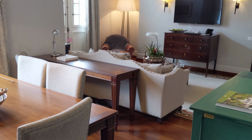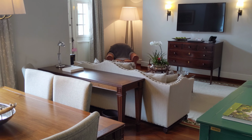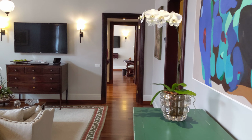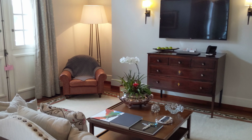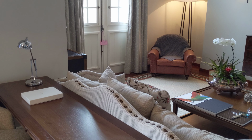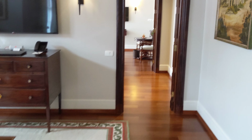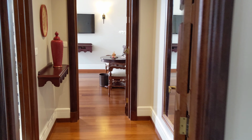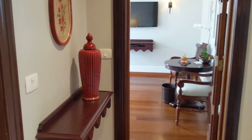So this is the living area. Little workspace. And as we move on, to the left